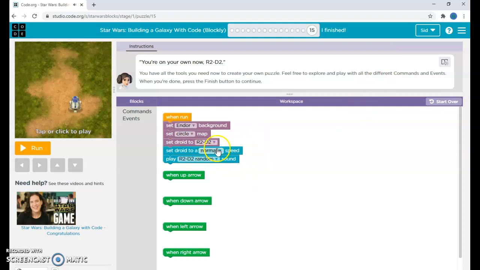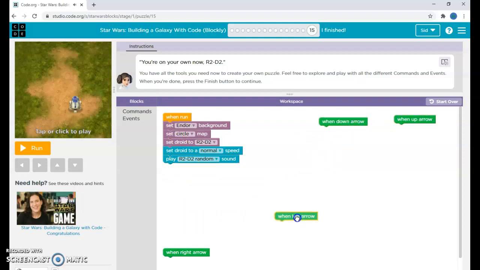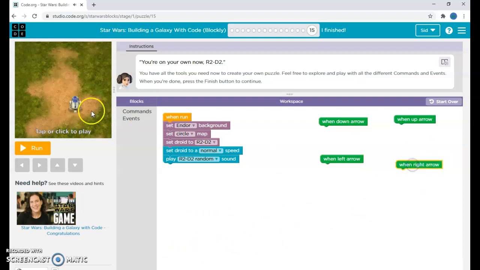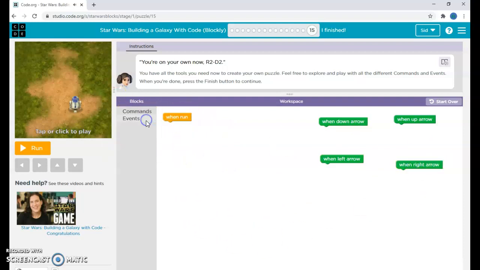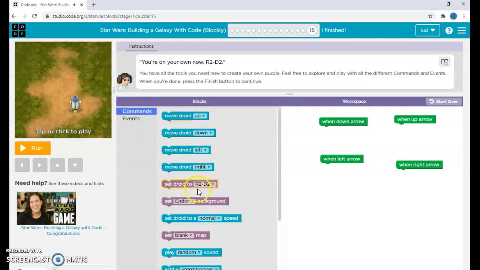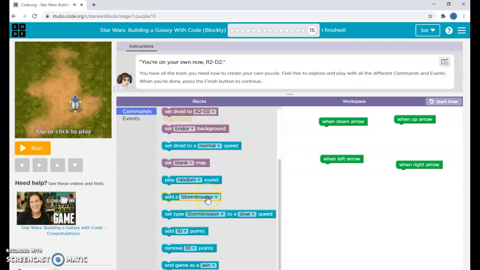So this is what we will be starting off with. And the first thing you need to do is you want to move your green things away, these green event blocks, because they can be moved anywhere and you don't want them to interfere in your code. Number two, you want to take all of this code out and you want to go into commands and you want to look for something called